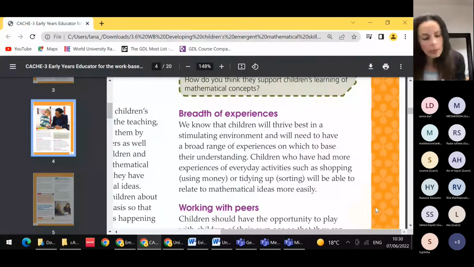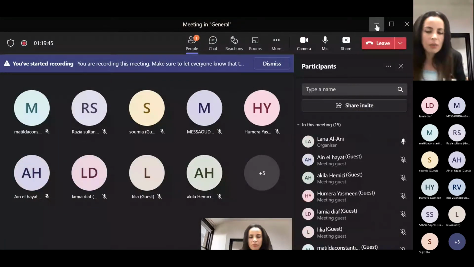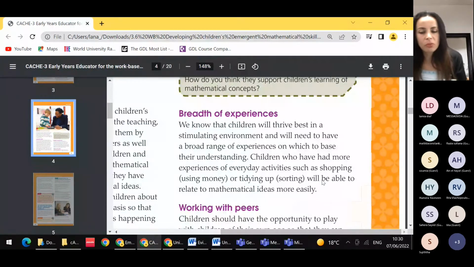We teach them how to use money, how to make the difference between a pound and maybe 5 pounds, and how they count, and all this will help them to thrive, to learn more, how to sort things, put the pounds together, for example, put the 50p together, the 20p together. All this will help them a lot to use money in the future. Also, another factor which helps them to